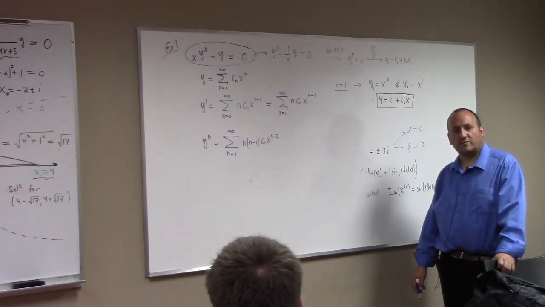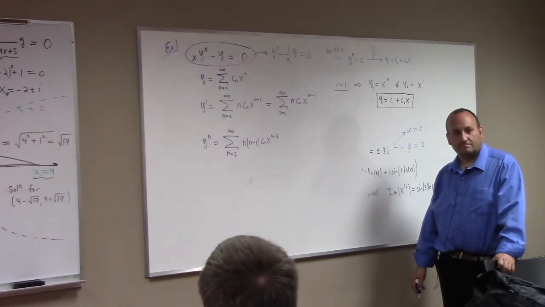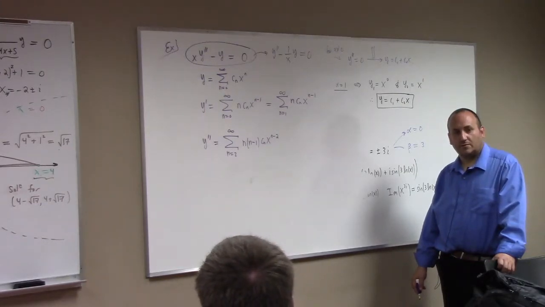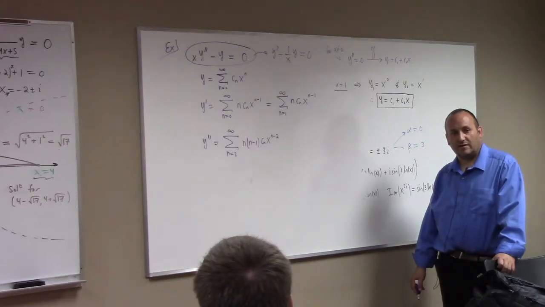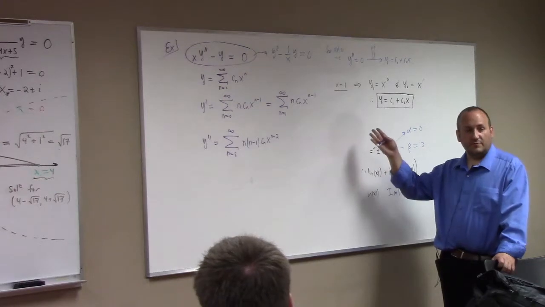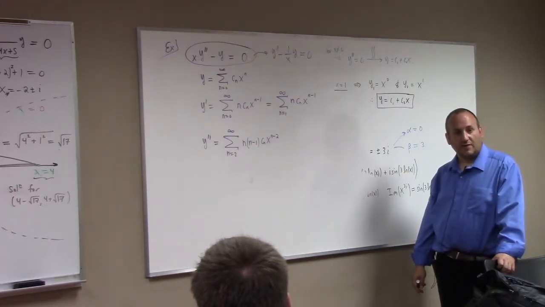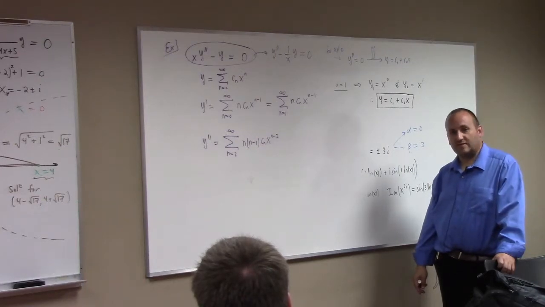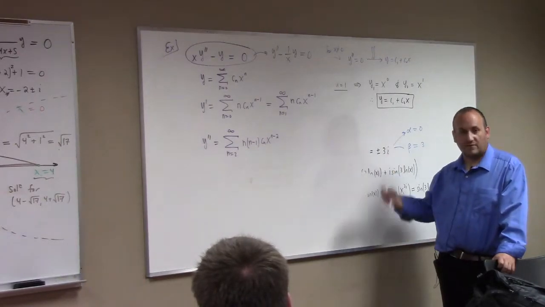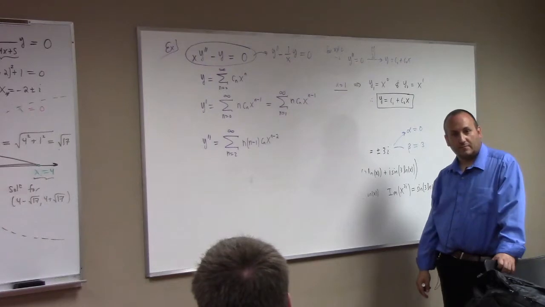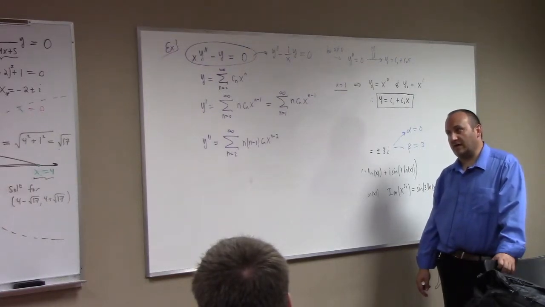Is 1 over x cubed something that a power series can have as a term? No. Power series have things like 1 and x squared and x cubed. And I didn't do it, but it would have been easy to get r being a fraction. We could have square root of x, x to the 3/2, x to the 7/5. All of those things are possible in the Cauchy Euler problem. Because the Cauchy Euler problem is not something that is a solution at a